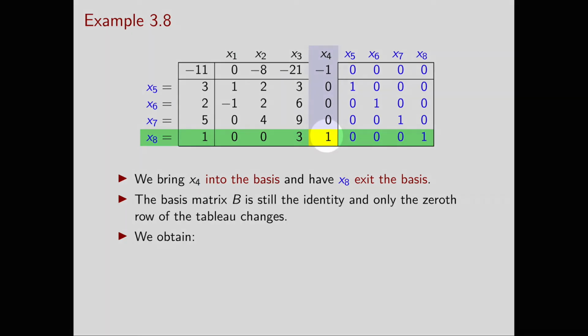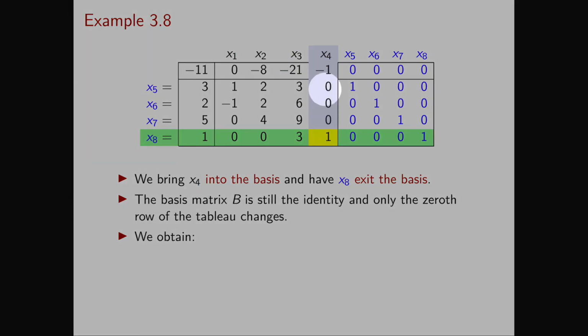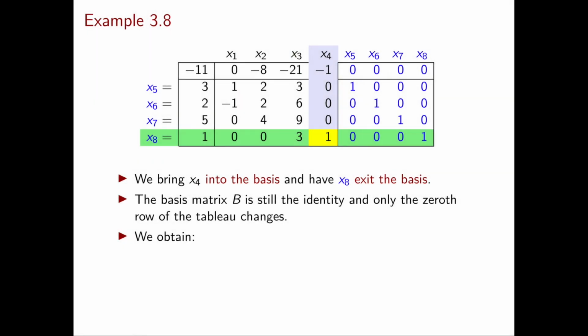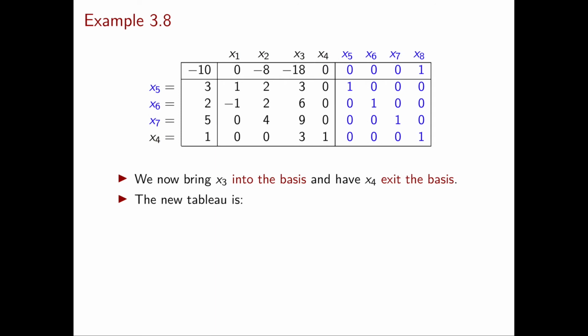We now have to perform the pivot. In the pivot, I need to obtain all zeros in the pivot column except for a 1 in the pivot element. So as you can see, this is a very easy pivot because I only need to modify the 0th row. The 0th row is obtained by summing the 0th row with the pivot row, and if you perform this sum, you obtain this new tableau. In particular, the cost of the solution is now 10. I still have 2 negative reduced costs, and as my pivoting rule, I choose x3 to enter the basis.